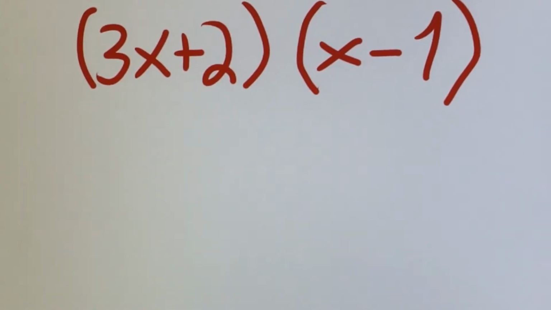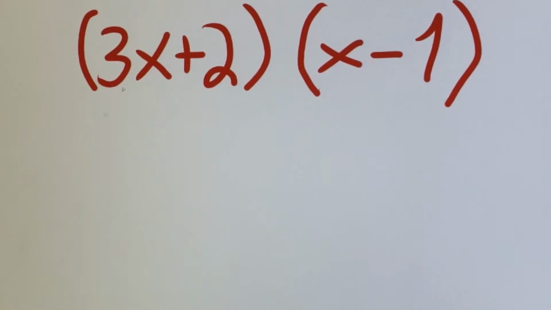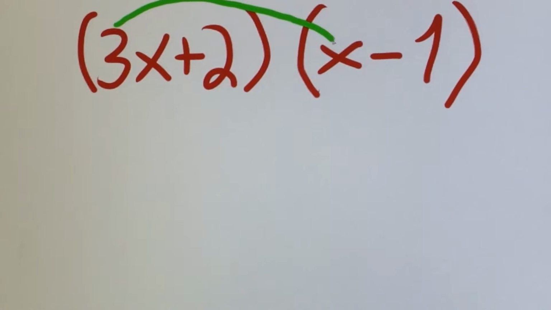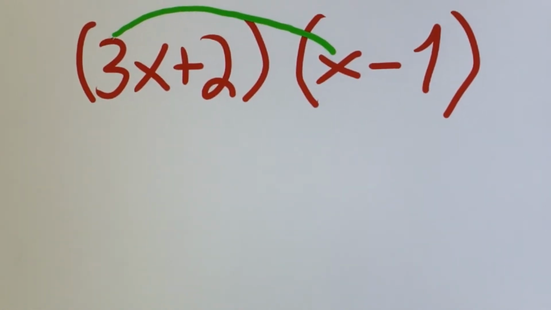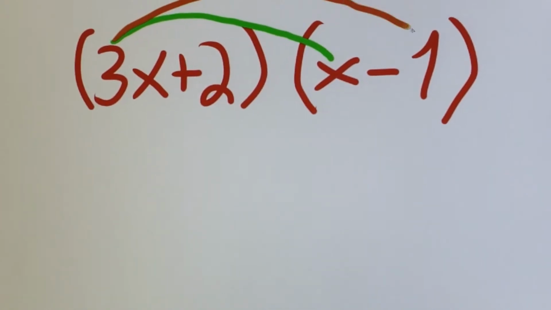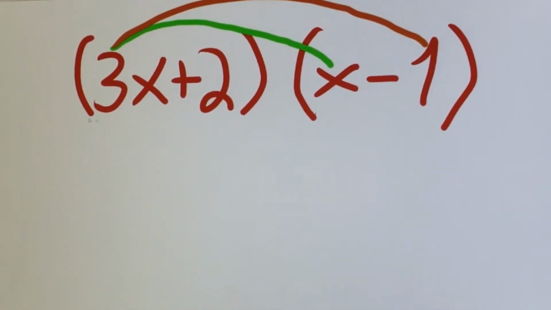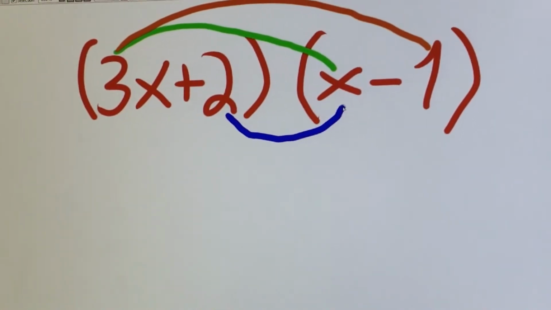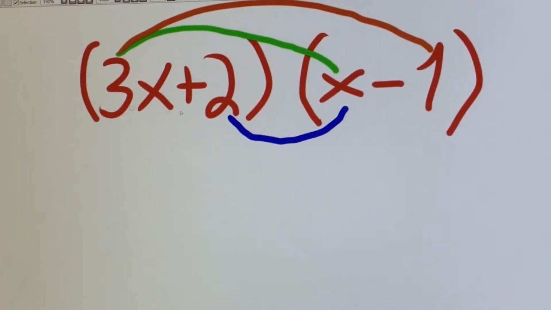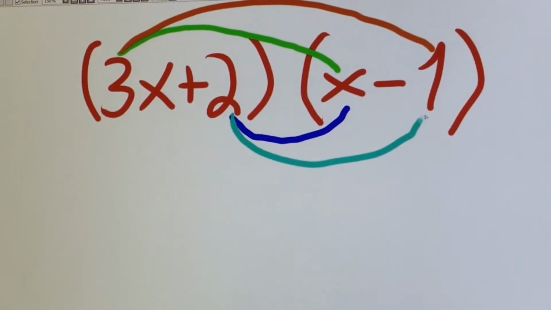So remember that F is first, so we're going to multiply our first by the first, and then we're going to multiply our first by the outer, which is the FO in FOIL. We will then do our inners, and lastly,